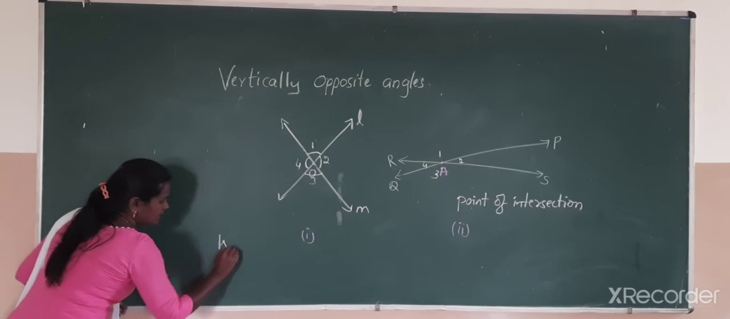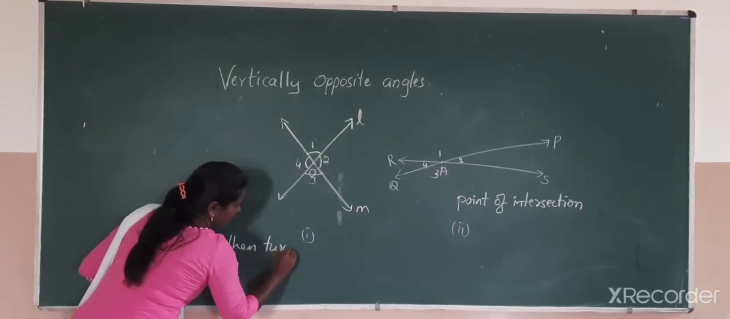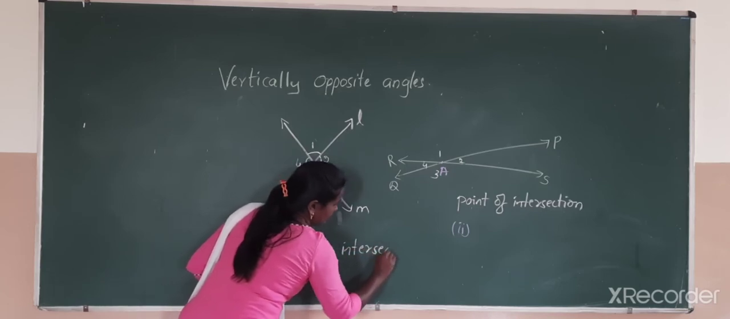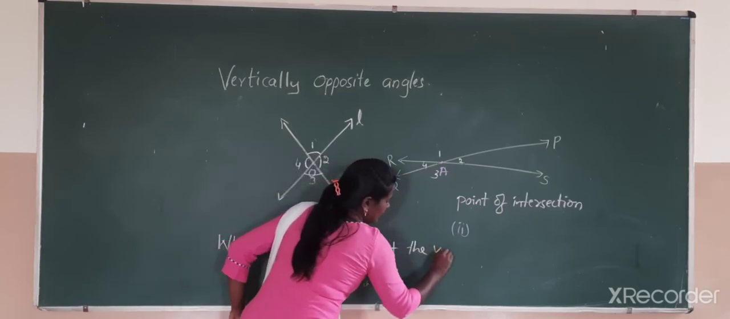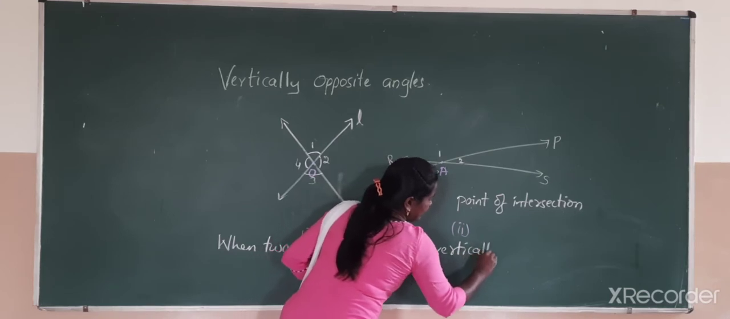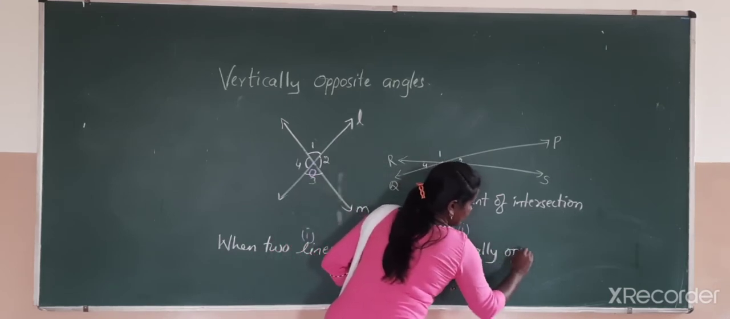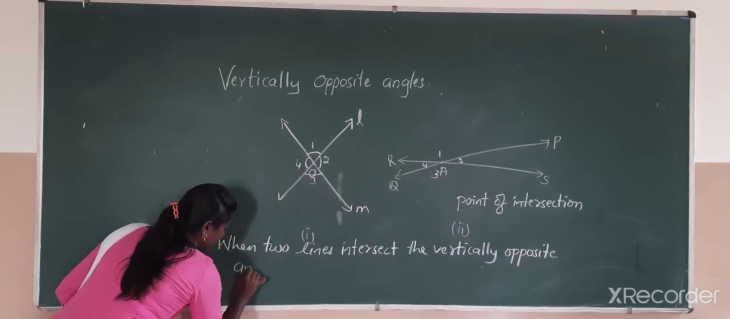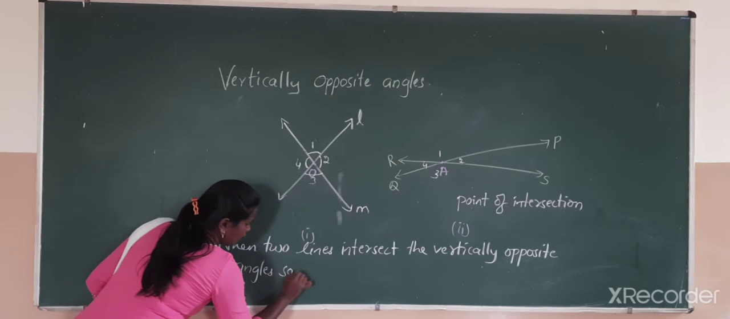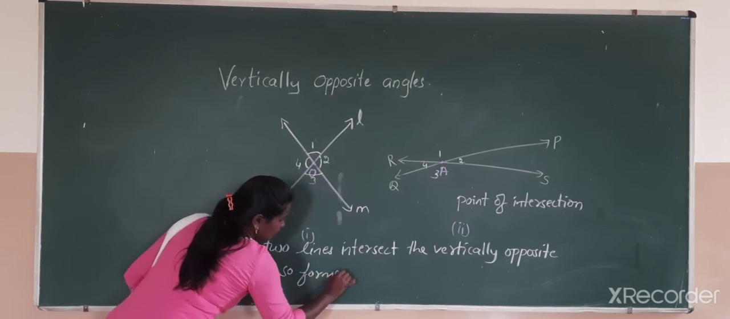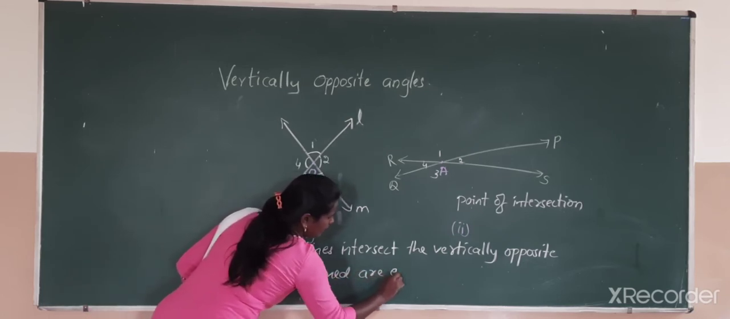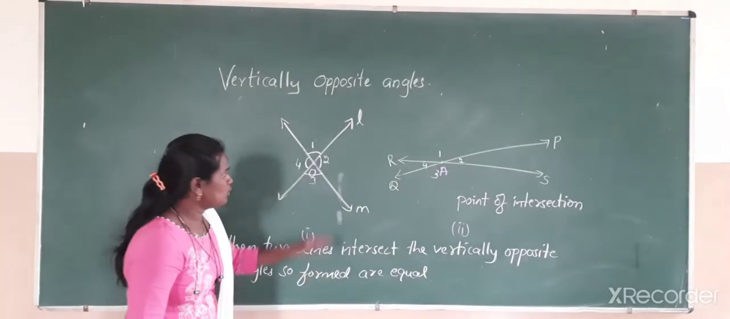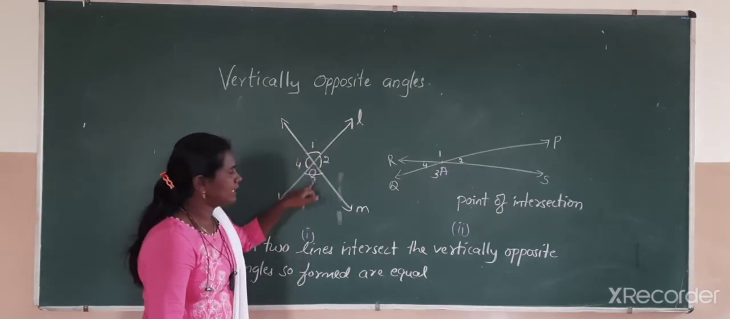When two lines intersect, the vertically opposite angles so formed are equal. What is the meaning of so formed? So when two lines are intersecting, the vertically opposite angles